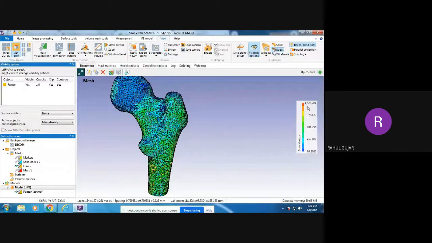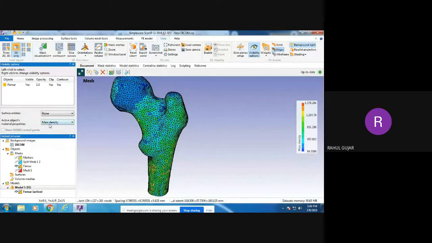Whatever I have shown you in the PPT, DEXA is the method we need to go with. But in this case, you don't need to use the DEXA method. By using the software, you can easily find out the mass density of the bone. It is also correct that this is not the exact mass density; it is called the apparent mass density. But between the apparent mass density and the actual bone density, there is not much difference. Hardly a 5 to 10% deviation will come. So roughly you can find out the bone quality. If it is less than 500, then we can say there is an issue with the bone quality.